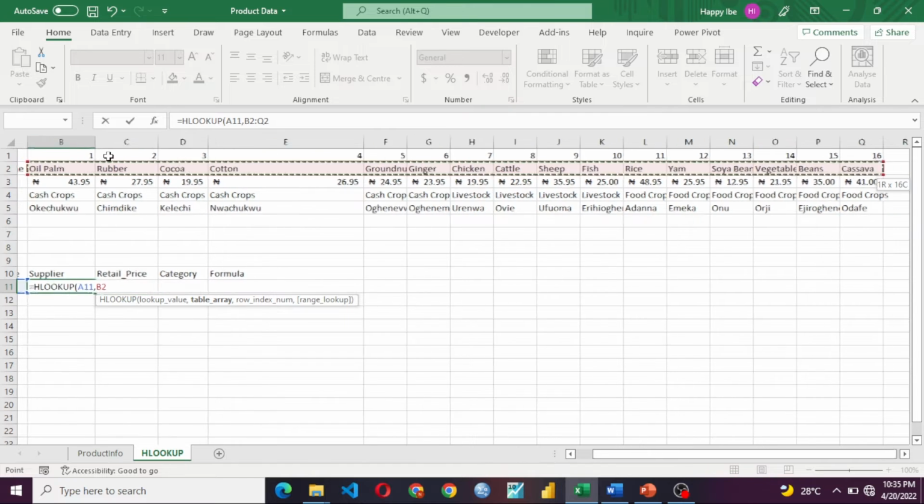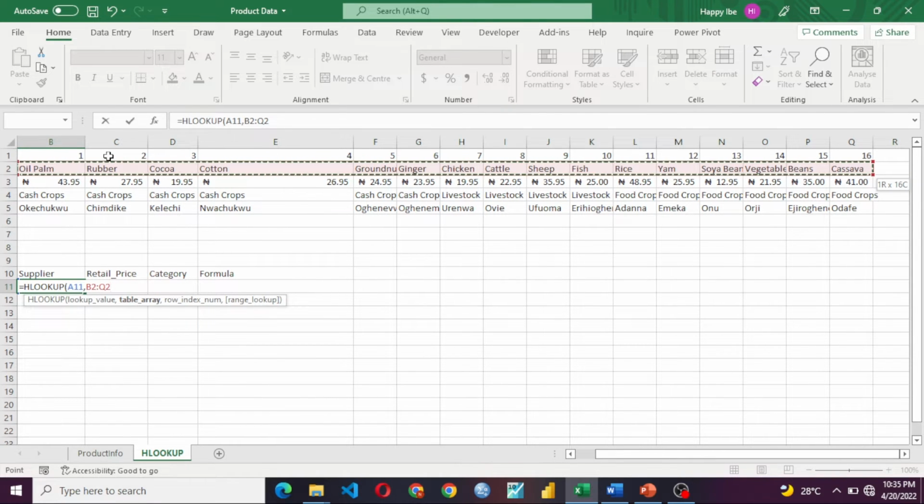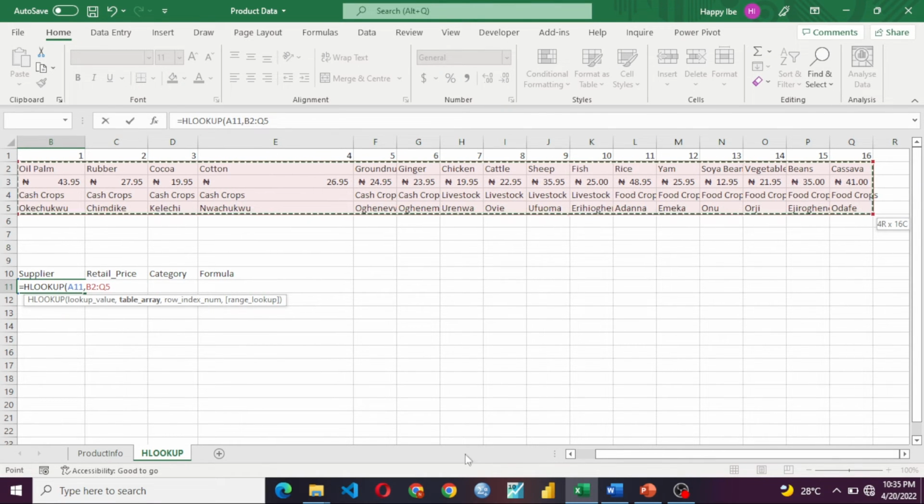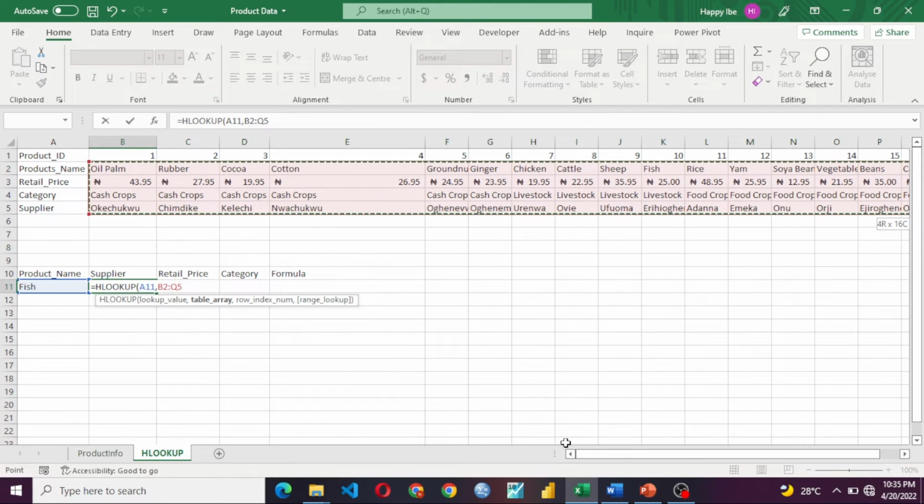We can just go ahead and select that row, and then the range we want to search. We also noted that there is need to make this range selection an absolute reference, so you can just press F4 to make it an absolute reference, comma,